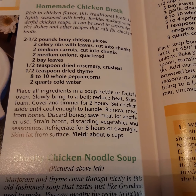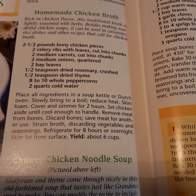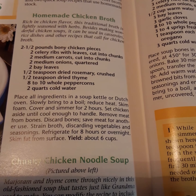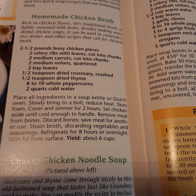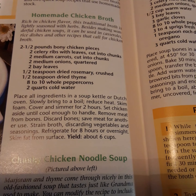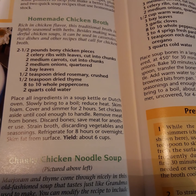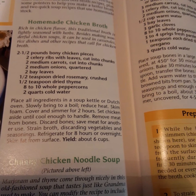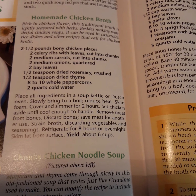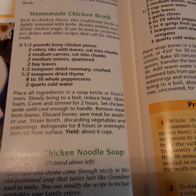To make a good chicken broth, you have to have lots of meat, lots of vegetables. And yes, you have water, but the proportion of water is less than in chicken and in your vegetables. You also have to bring it to a slow boil, because if you fast boil it, you're gonna seal all the juices into the bone, and it's not gonna do you any good. We want a bone broth, a rich bone broth,